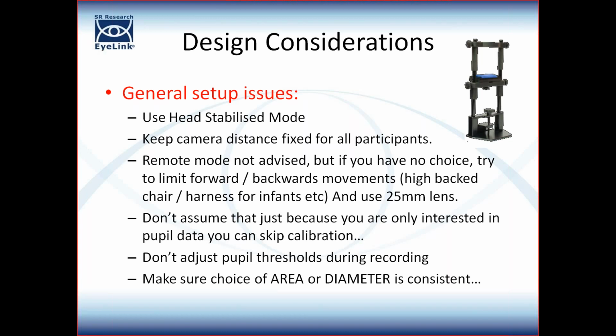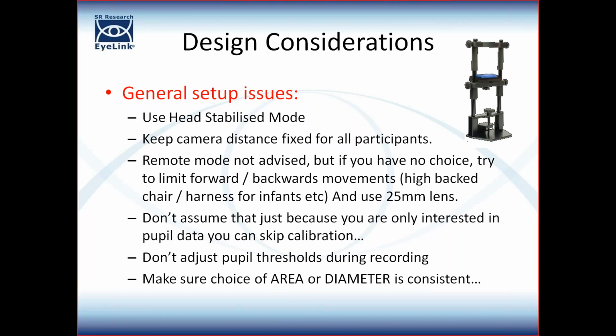The iLink systems give you the choice of whether you record area or diameter. My personal preference is for area. Diameter is simply derived from the area, so it kind of doesn't matter which one you choose. It's also scaled so that it has a similar granularity as area, so it really doesn't matter which one you choose. I tend to stick with area,